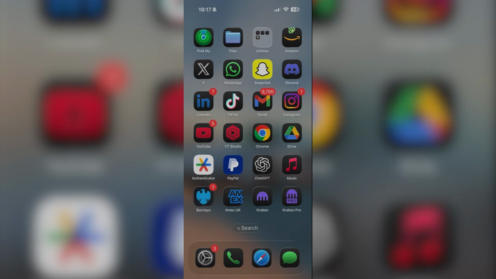In this video, I'll be showing you how to fix the black and white notifications on your iPhone after iOS